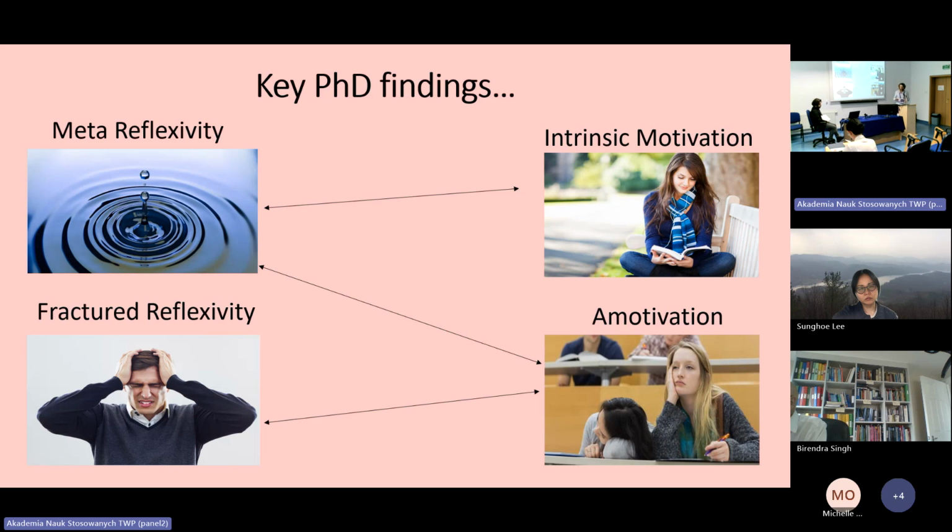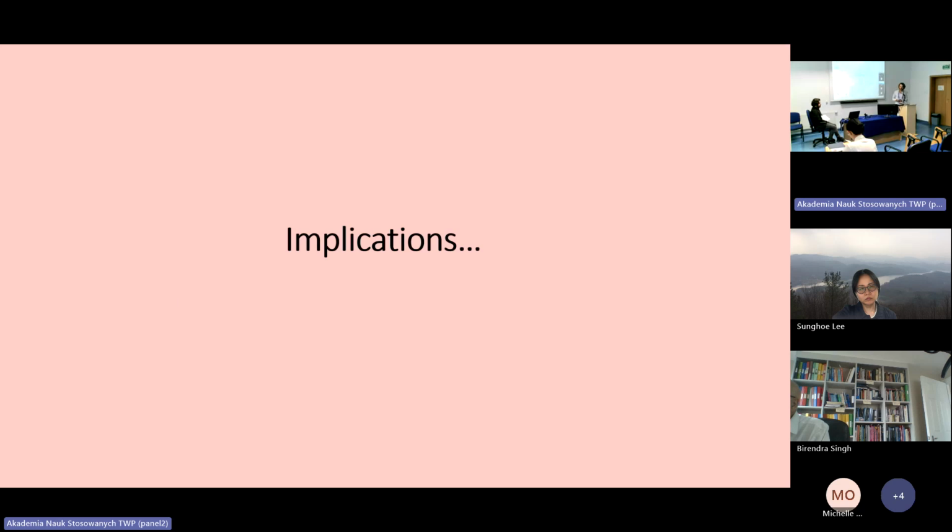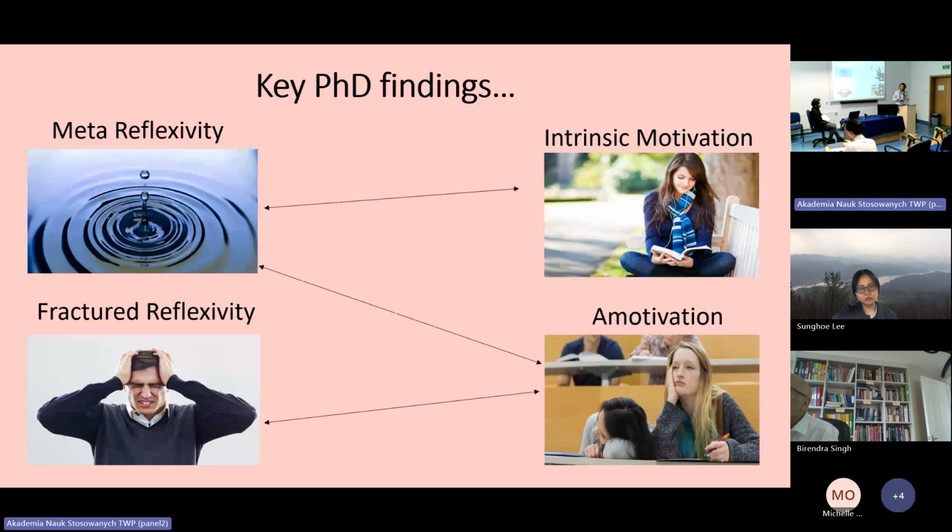But I want to move on now to what I'm working on in an article I'm hoping to submit soon, about basically, how should we try and influence reflexivity among students? I think I'd start here just by saying that although my findings suggest that meta-reflexivity among students is positively associated with intrinsic motivation, and this is likely to be therefore a good thing, I think that doesn't mean that